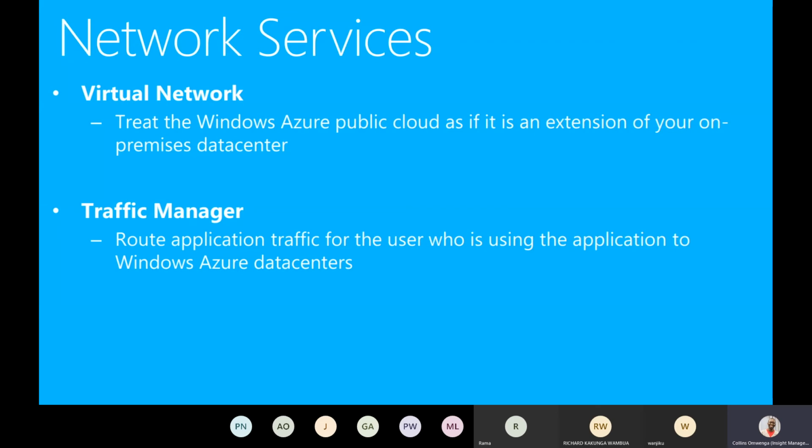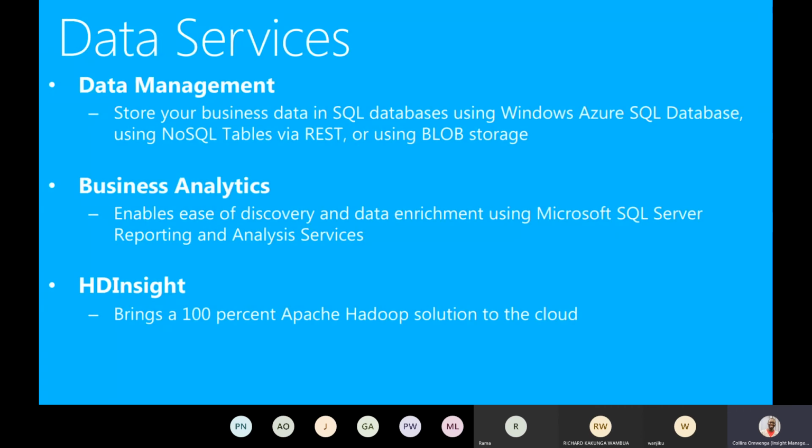When we move to networking, is what I mentioned earlier, the virtual networks and the traffic manager. So the virtual networks allows you to create your own private network within Azure, and the traffic manager allows you to route information between Azure and other providers, and probably if you have multiple sites and multiple deployments within Azure, this also helps.